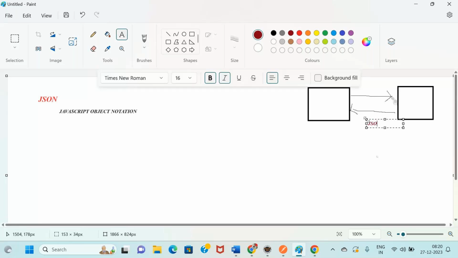That's the reason before learning the API part, we learn the communication part, meaning we learn the communicating language first. We are calling an API, but in calling an API, which language are we using to call and get the response? JSON.